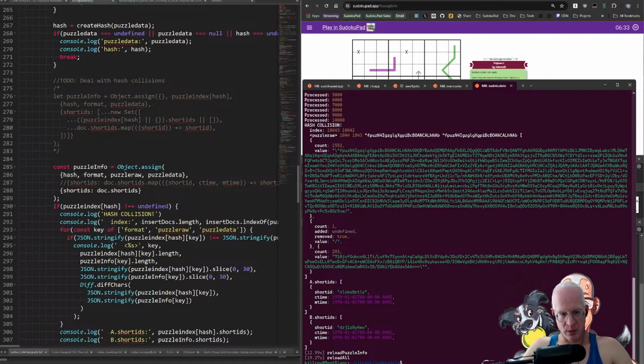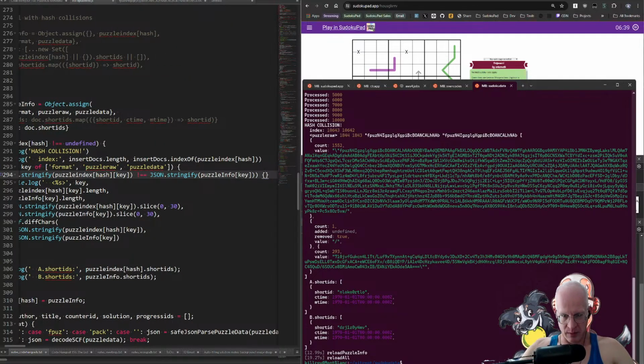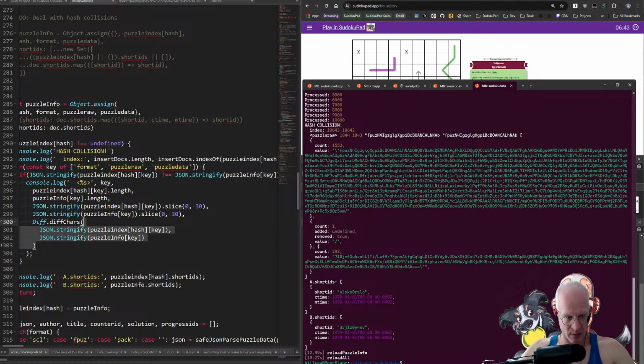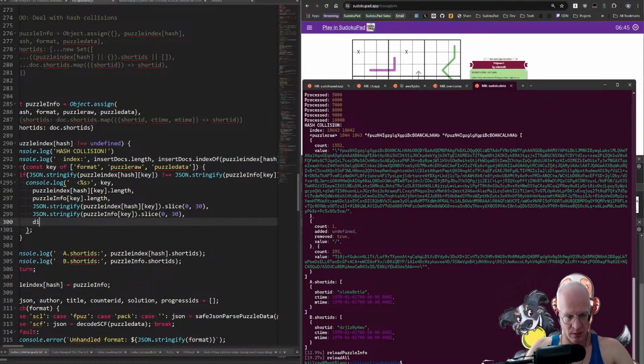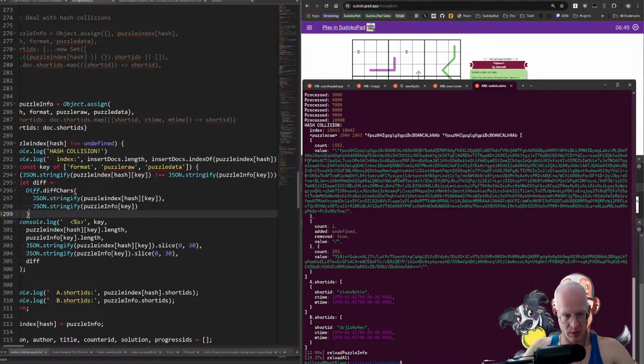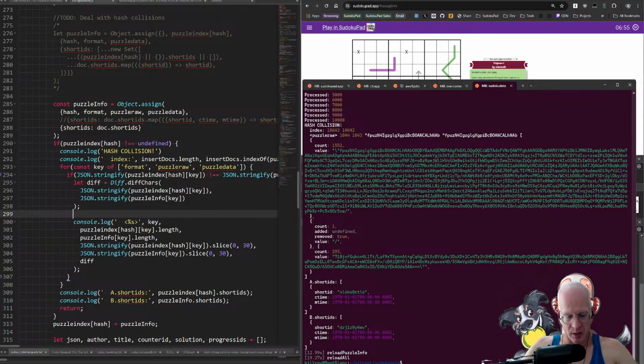And now what I can do here is make this a little bit more complex. We'll do something like that. Right. And then we can do if